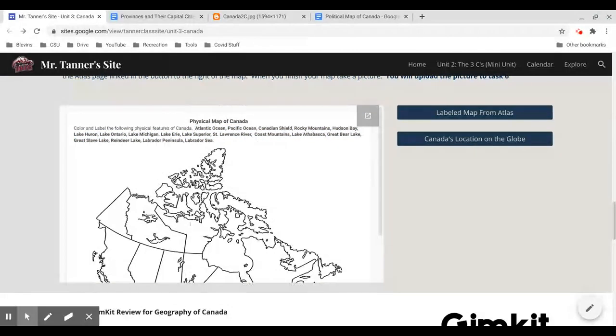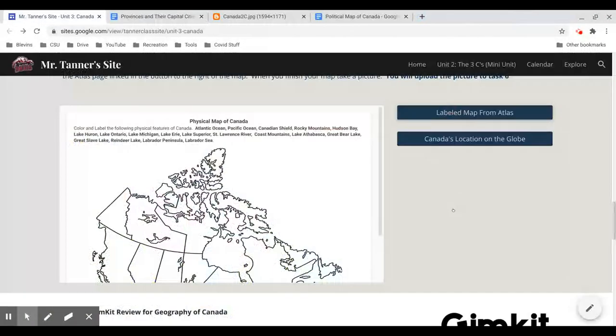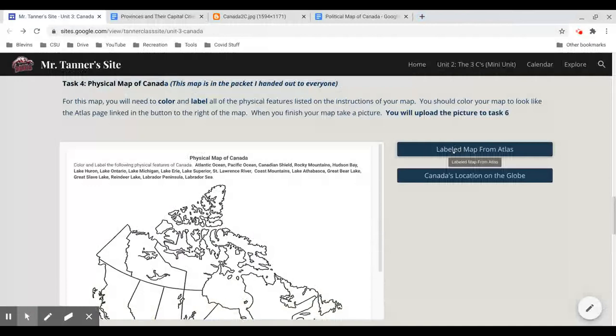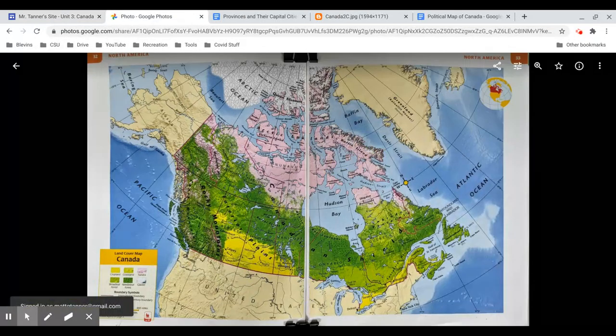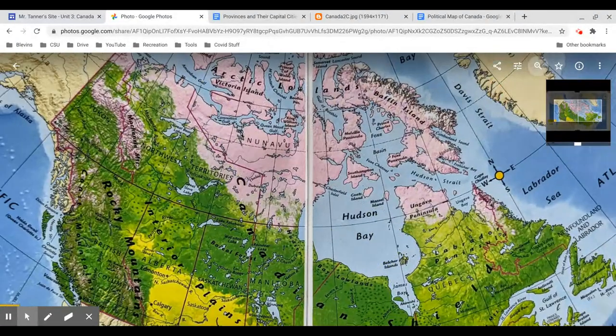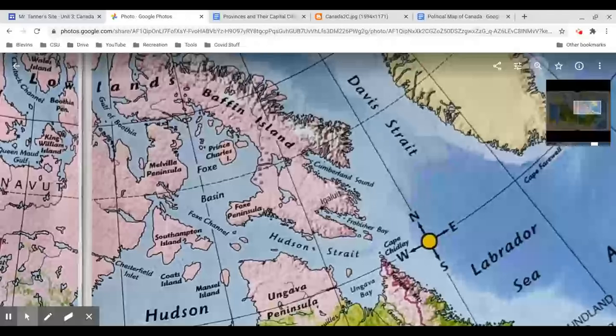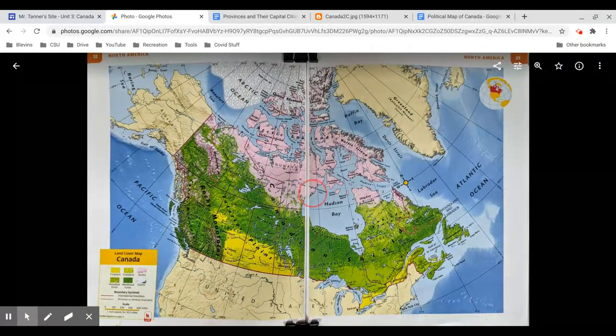When you color this map, label it first. When you color, you're going to color it like the Atlas page. So if you click labeled map from Atlas and you click that button, it will open this up. You can click on it and then you can zoom in. So there's some zoom buttons here. You can use pinch to zoom if you have that functionality on your computer. But once I start zooming in,